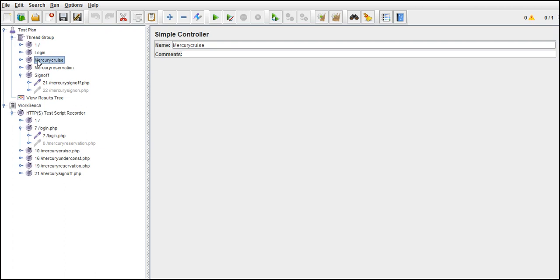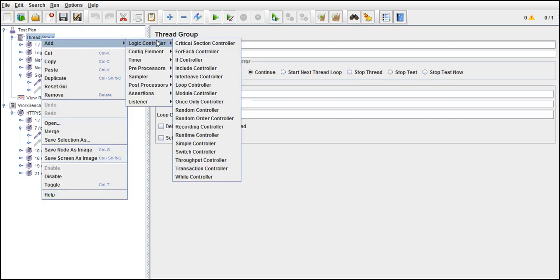So now let's see what other controllers we have. Thread group, add, logic controller. These are different types of controllers we have in JMeter. As I told, this is vast and everything is used for some specific purpose, not only for web based, but for Oracle SQL, file transfer protocols, web services. It all depends on the perception, but we will see the few most important controllers that you use in real time. So let's start first with